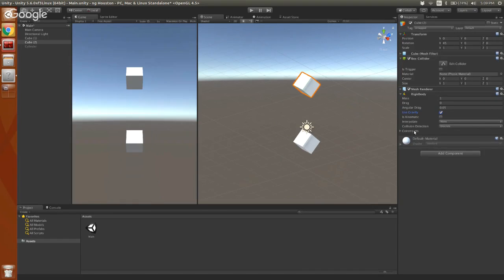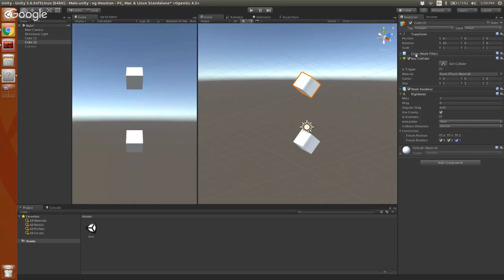But the important one we care about for making these balance is these constraints here. These constraints allow us to say, hey, act in a completely real physical way, except don't do it for this property. And there are only six things that the physics will impact: the position, x, y, and z coordinates, or the rotation, x, y, and z coordinates. So if we don't want this cube to ever slide off, we can freeze all of its rotation.